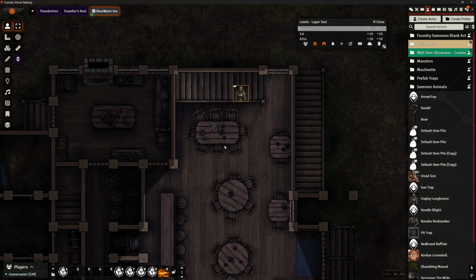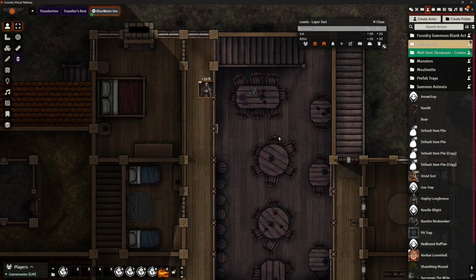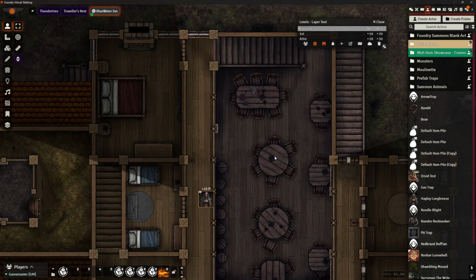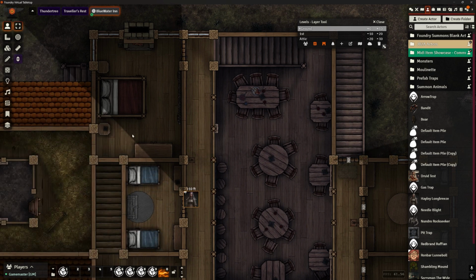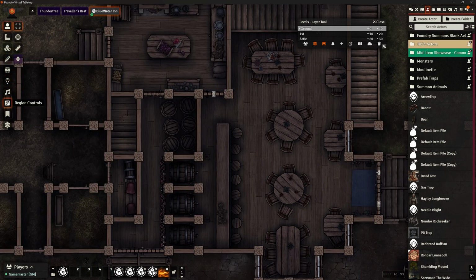We haven't got the balcony area around the side. Let's move her back up. Balcony's there again. So that's really, really simple to set up. Now, the bit that goes up to the attic, that little section, is actually in here. So we can, once again, with regions, place regions as stairs. We can go to our regions,